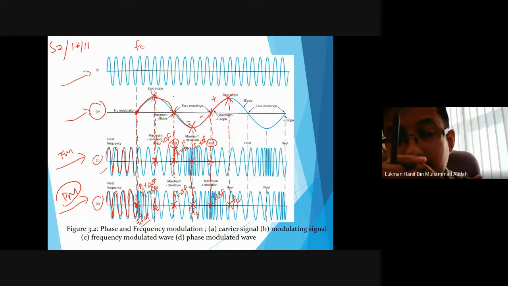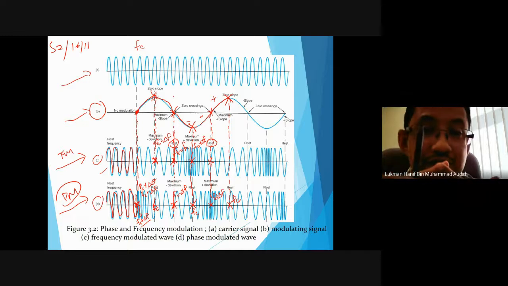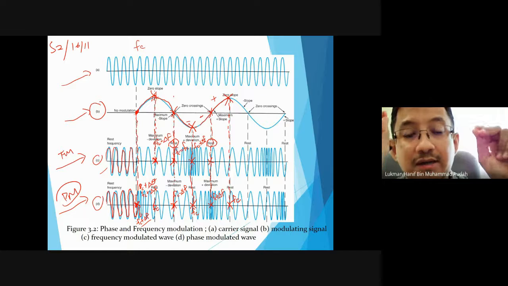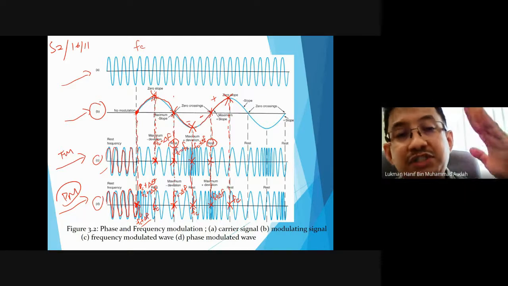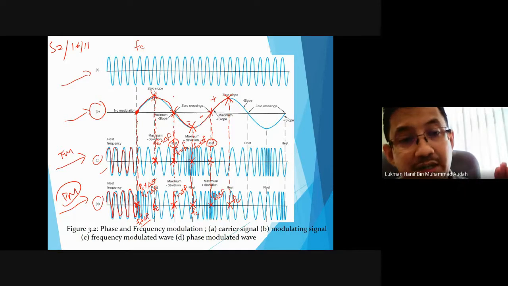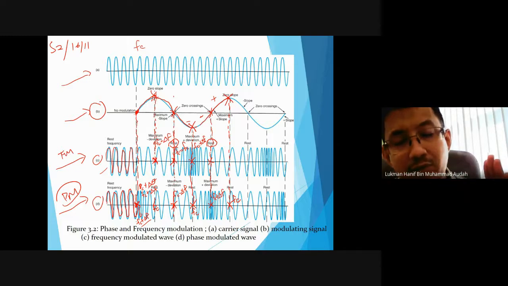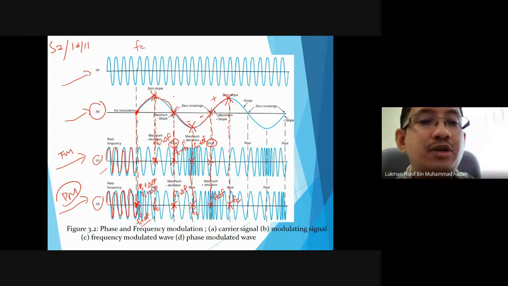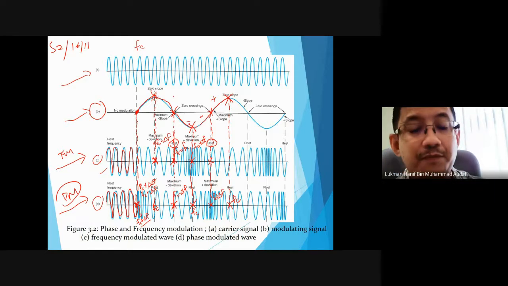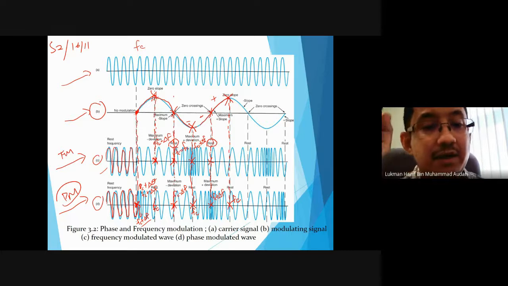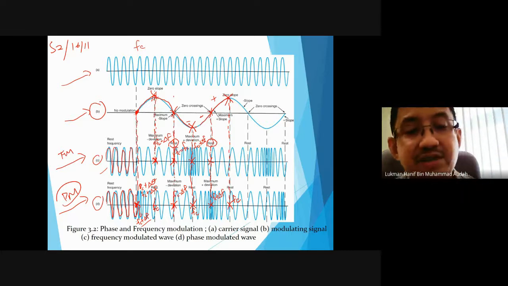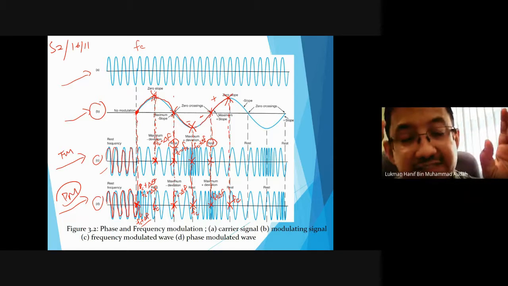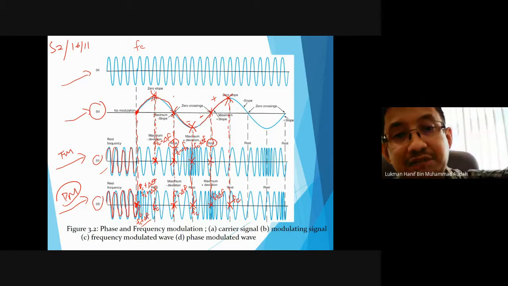Maknanya untuk phase modulation, perubahan gelombang PM itu berlaku ketara pada ketika zero crossing of VMT, pada ketika dia berubah polarity pada paksi X, maka pada waktu itulah berlakunya perubahan yang ketara pada output. Berbeza dengan FM, frequency modulation, where the critical changes happen at positive peak and